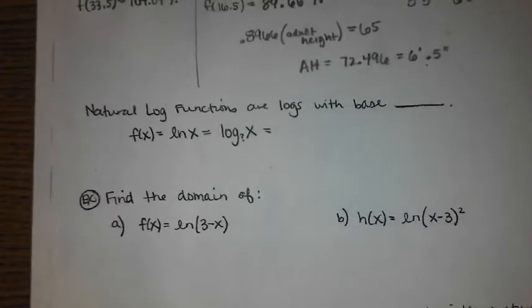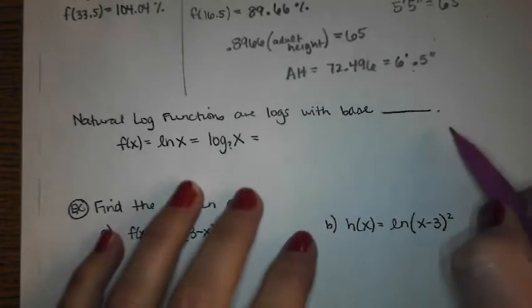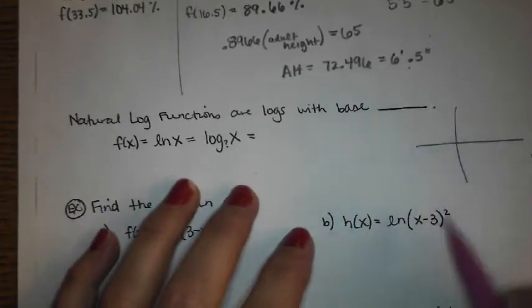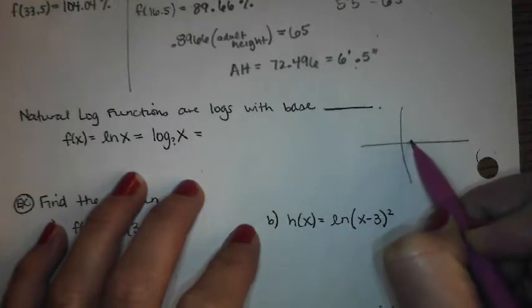Okay, so that was fun while it lasted. Natural log functions. Again, these should not throw you off. They are still log functions. So they still have the same critical points of what? 1, 0, and